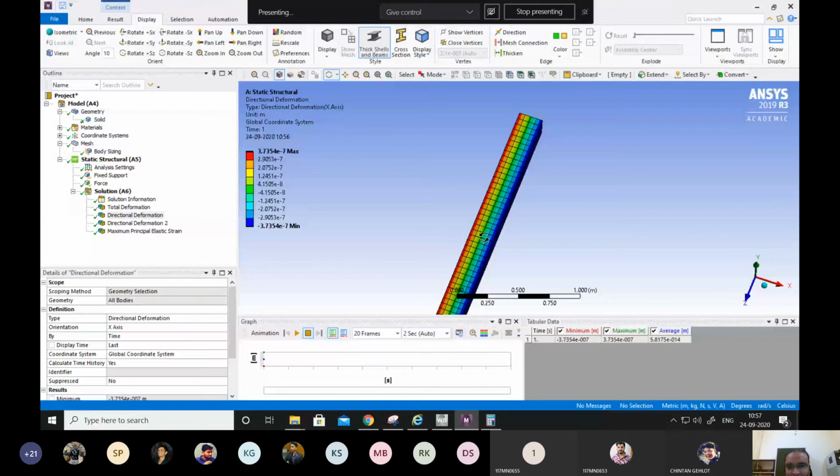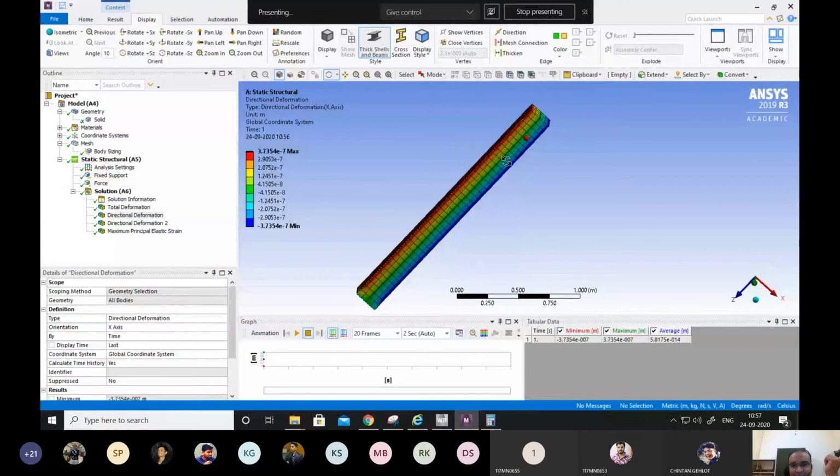So basically, the material is contracting. So the maximum contraction with respect to center is this much, 3.7 into 10 to the power minus 7 meters. So this edge is contracting in towards the center, and again this edge is also contracting towards the center because it is being pulled at the other end, right? So that's what this x direction shows. So the axial, oh sorry, the radial deformation we can see here. The maximum deformation that is in radial sense will be 3.7 into 10 to the power minus 7 meters, right?